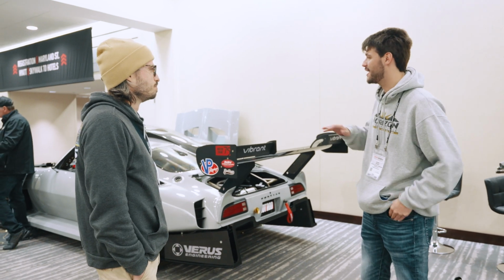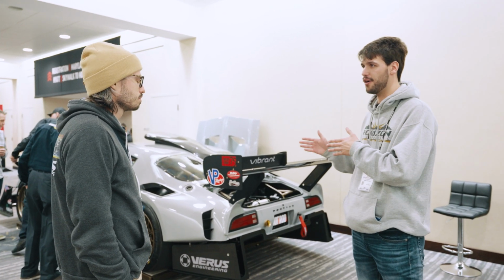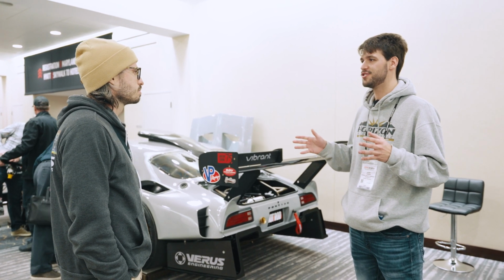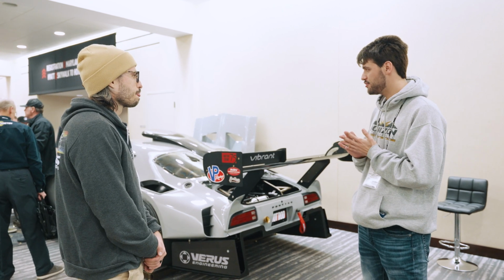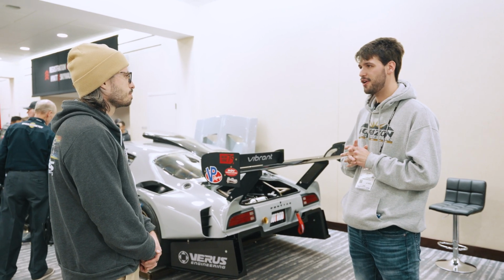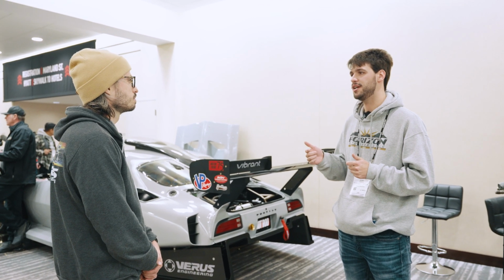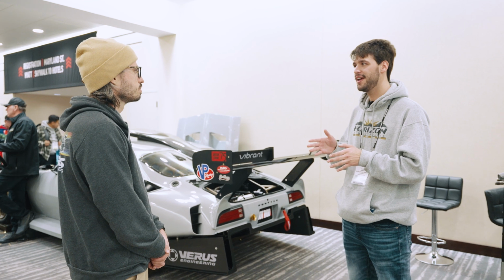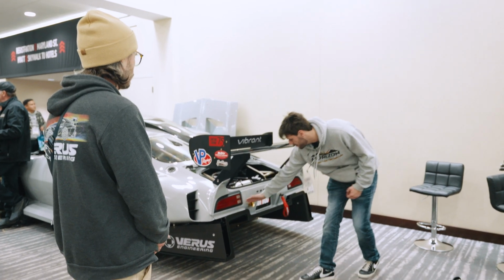So obviously this car has some stylistic components to it, so I wanted it to look like a certain style. It's not a full open wheel car, but it's open wheel technology. So I was trying to blend basically an IMSA car, where you look at the Porsches and the new Ford GTD Mustang. I was looking at their diffusers and seeing what they were doing, because one of the problems we had was that we wanted to follow this profile right here,